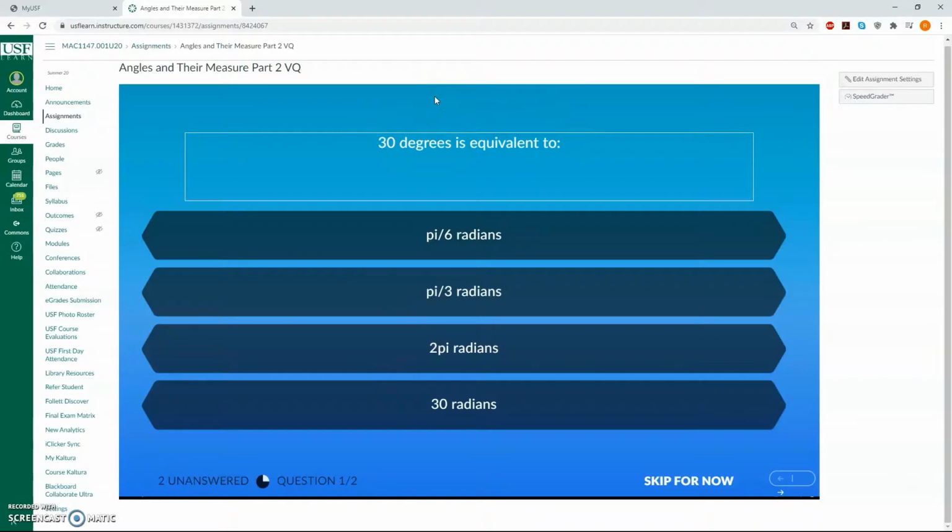Now, the weakness of the Kaltura video quizzes is that it doesn't support mathematical notation as far as I can tell. I haven't figured out a way to implement it. So you have to kind of work around it, type out pi. You can't do a proper fraction. You've got to use a slash. So there's some little annoyances there, but overall I find that it's very helpful for keeping students engaged with the